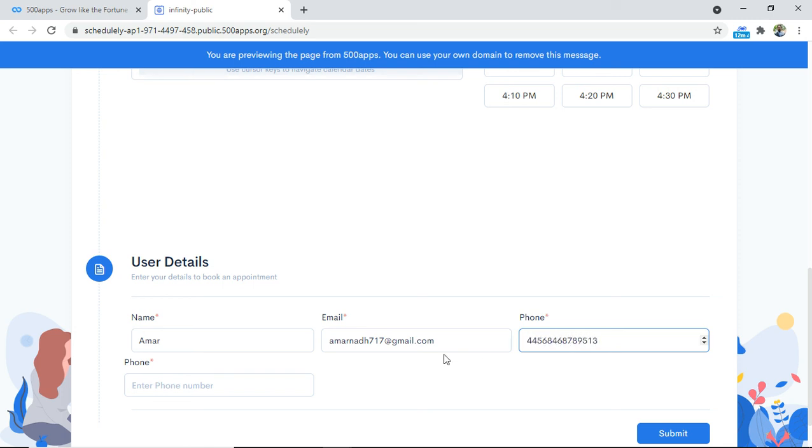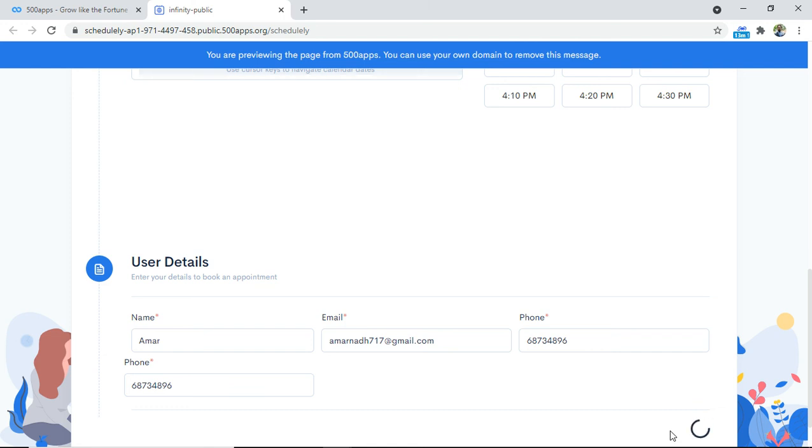Also, because we have made it a phone call, Schedule CC will automatically source the phone numbers. That's the reason why it is asking for a phone number. If you had booked a personal meeting, it would not have asked for the phone number; just name and email ID would be sufficient. So I'll just submit.